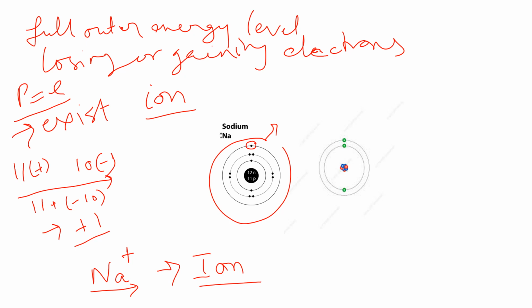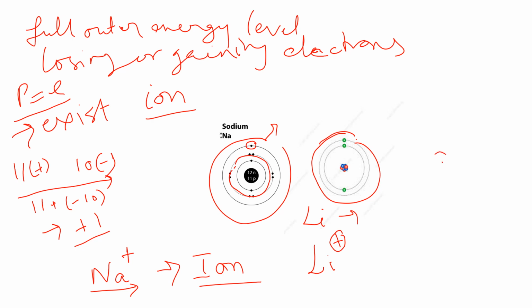And this ion is more stable than the sodium atom, because now the outermost shell has the full electrons. If you take the example of lithium also, it loses one electron to gain stability. So you can write lithium as Li plus. Since both are losing one electron, we write only the symbol plus and not the number 1 plus. Now take the example of chlorine, where the atom gains an electron to become stable.